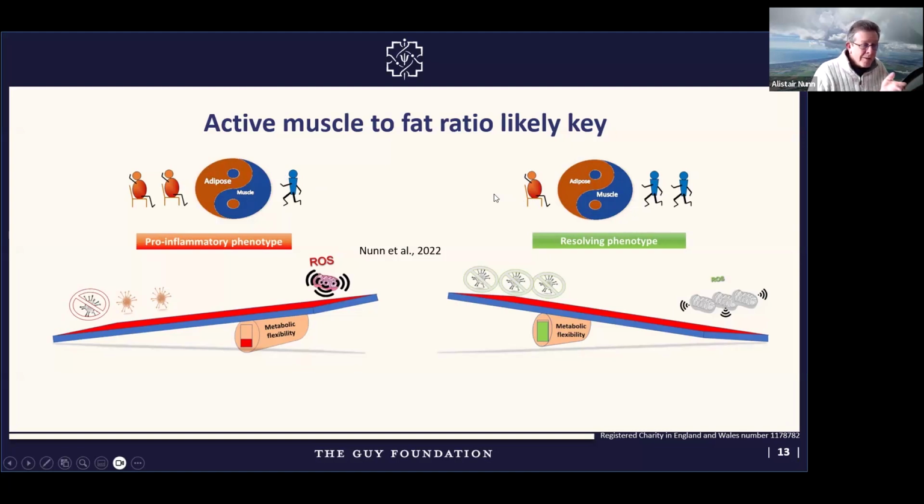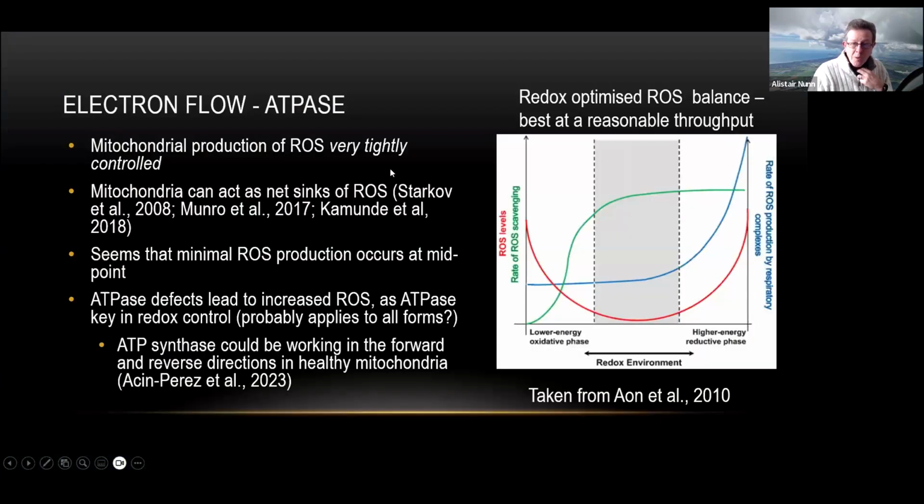Very simple idea, but potentially tells us a great deal about how we might lead to a healthier life. But of course, we're all going down to where does this go when we start to think about the ATPase. Now, one of the things that we've certainly been interested in for a very long time is mitochondria. And I certainly grew up, and certainly in my biochemistry days, thinking that mitochondria were these things that are, well, the necessary evil. They produce ATP, but they also produce a lot of reactive oxygen species, and they probably cause